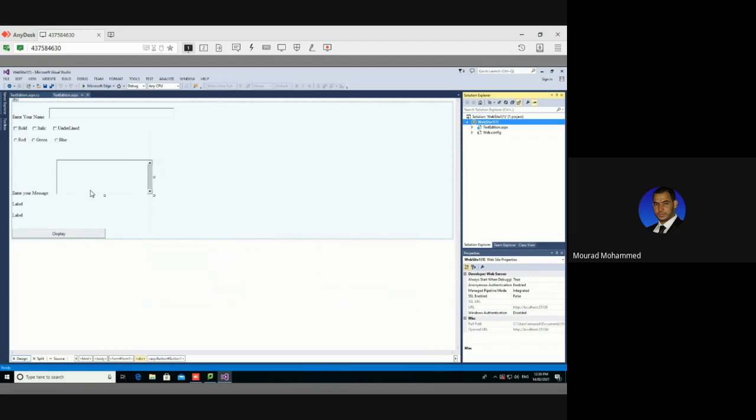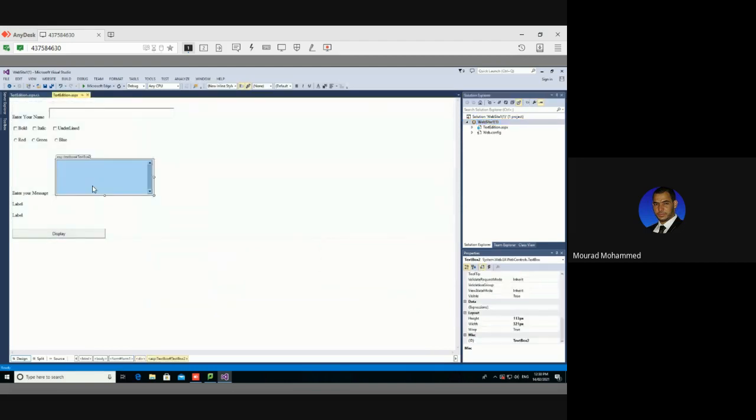Okay, let's continue. I said let's do the same thing like we did for the name. Let's do it for the message. What the user is going to type in this message here has to be displayed in the label 2 here. In my case, this label name is label 4. And this is a multi-line text box. So right click, properties. The name is text box 2. Text box 2 content will be put inside label 4 content,